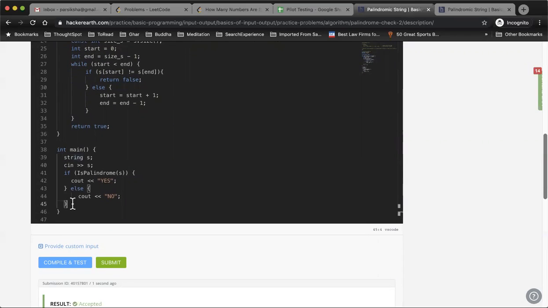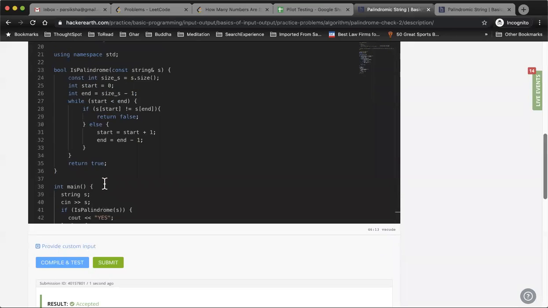You can see you actually have to return a 0 as well. The idea is that since the main method returns an integer, we need to return a specific integer value. And this is the standard definition of the main program. If the program fails, you can return a -1 or a non-zero value, and if the program passes, you can return a 0 value. This is just by convention. There's no right or wrong way of doing it. It's just by convention that it's defined in C++,